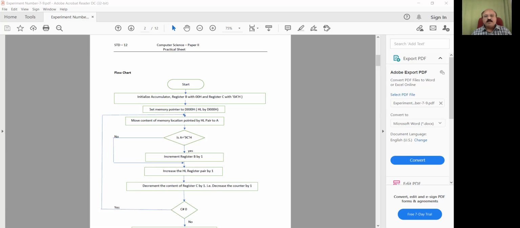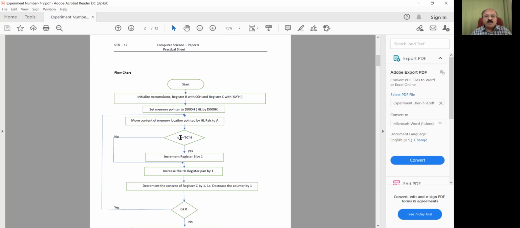So move the content of the memory location pointed to by the HL pair to A. Then check, is A equal to 9C? Because we want to count how many times the user has entered the data 9C. Once we take the data into the accumulator, we compare it with 9C.